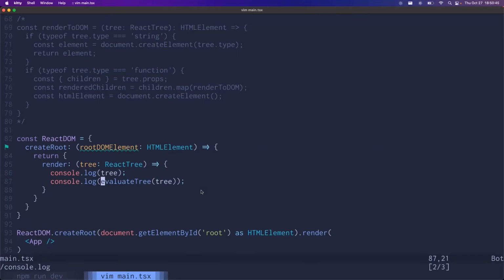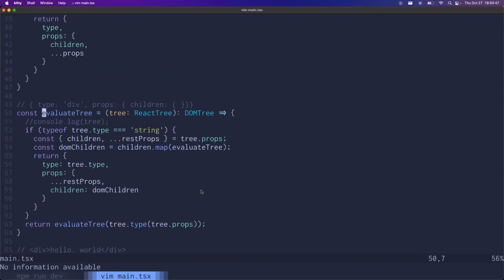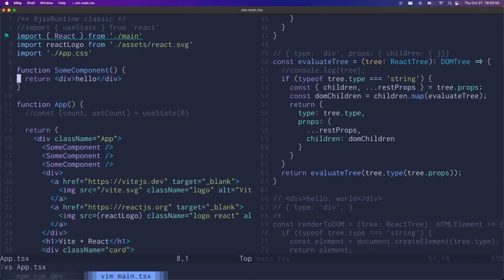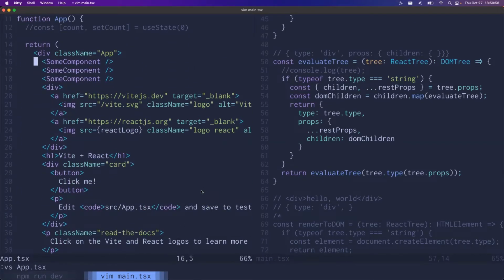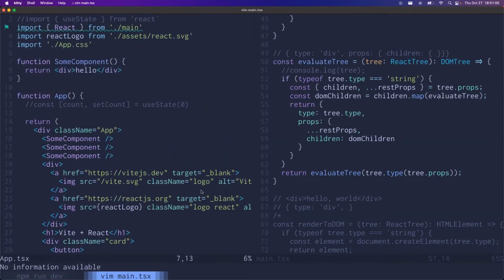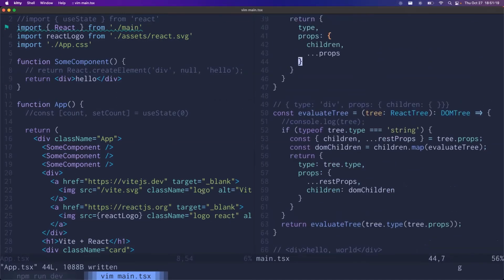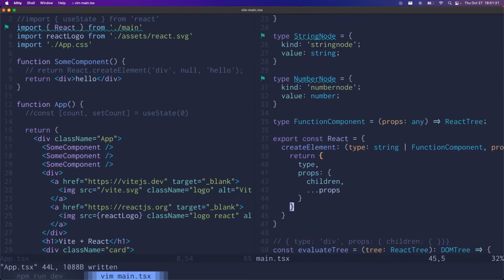And then as soon as we try to evaluate it, what happens? So we walk into our evaluate, we get past the function. This evaluates as it should. And what happens when we actually call the app function? When we call that guy, it gets here to line 16 and calls some component. And some component is going to return, what is this? It's a JSX call. This would be React.createElement div null hello. And so I think what we actually need to do is in our React.createElement, maybe get a little